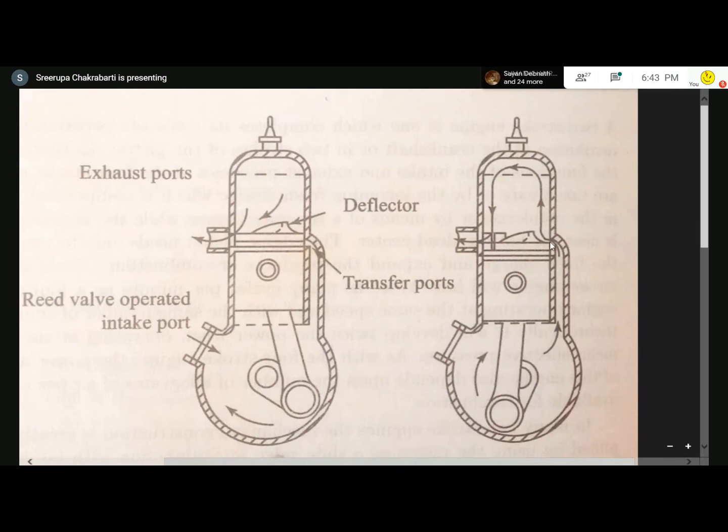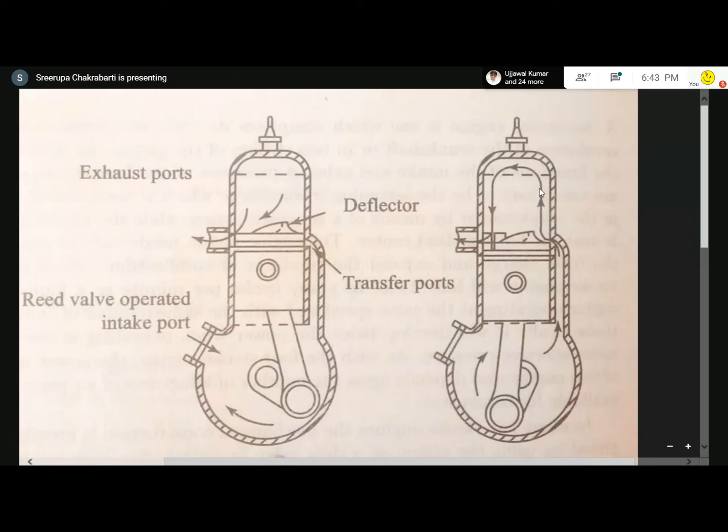Now, for that, we want the intake charge to move in a definite pattern. If the intake charge enters here and goes into this direction, mixes with the exhaust products of combustion, then the scavenging will not be effectively done. In order to carry out this scavenging process, we have put a deflector here. Deflector is a three-dimensional metallic body. Now the deflector has a curved part here, another curved part here. So the gas upon entering, it will take this conduit and it will be guided upward.